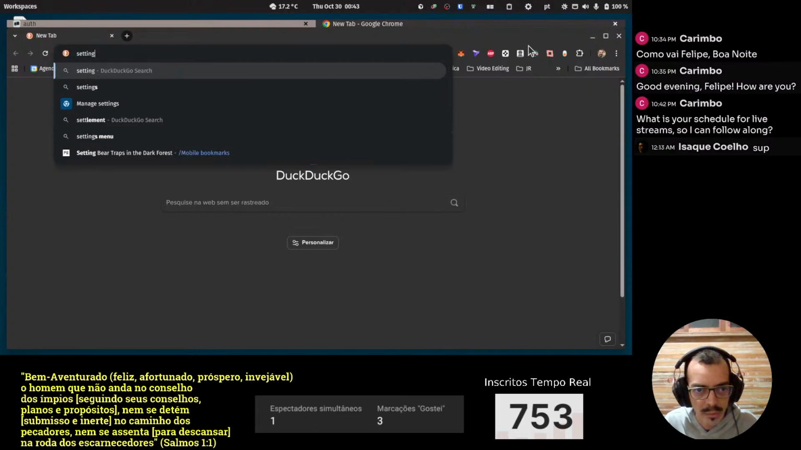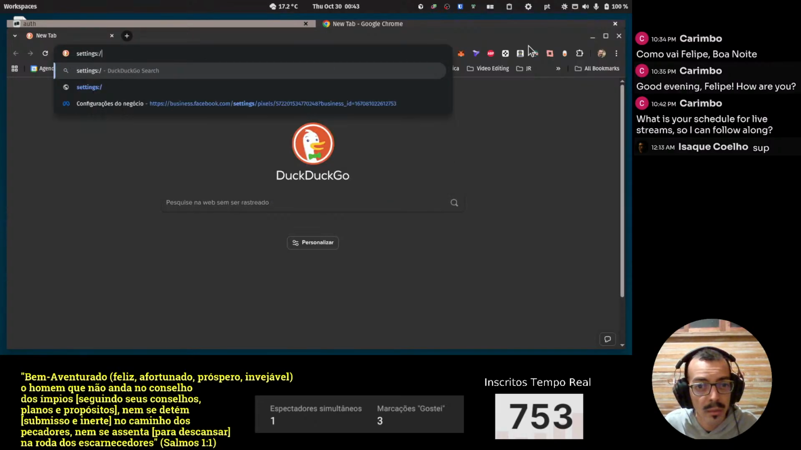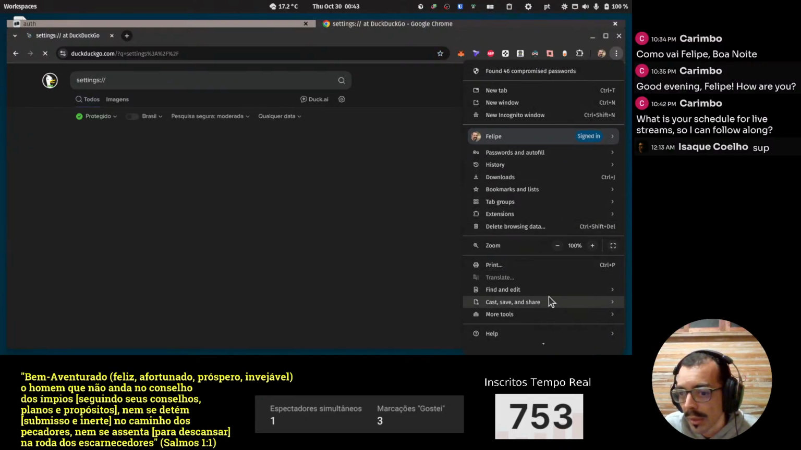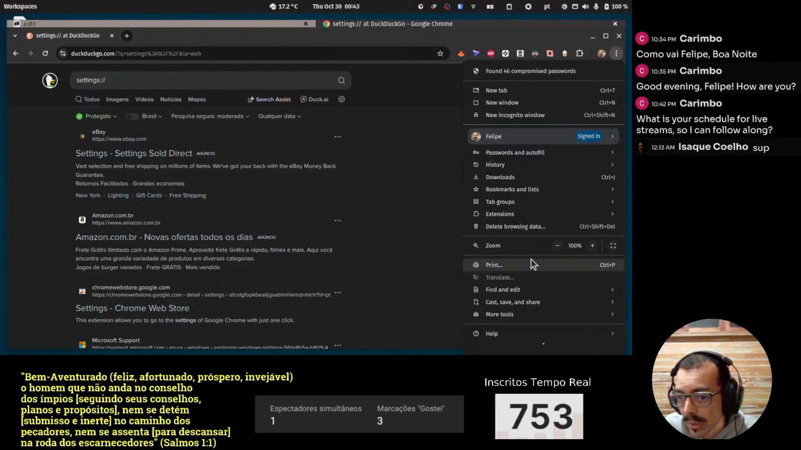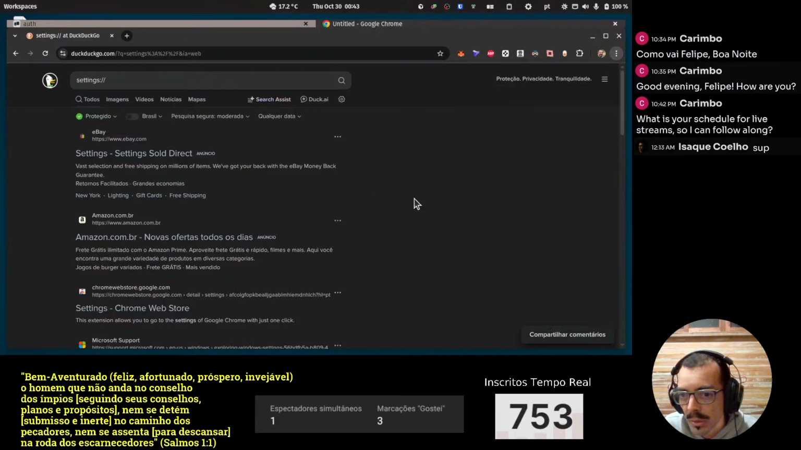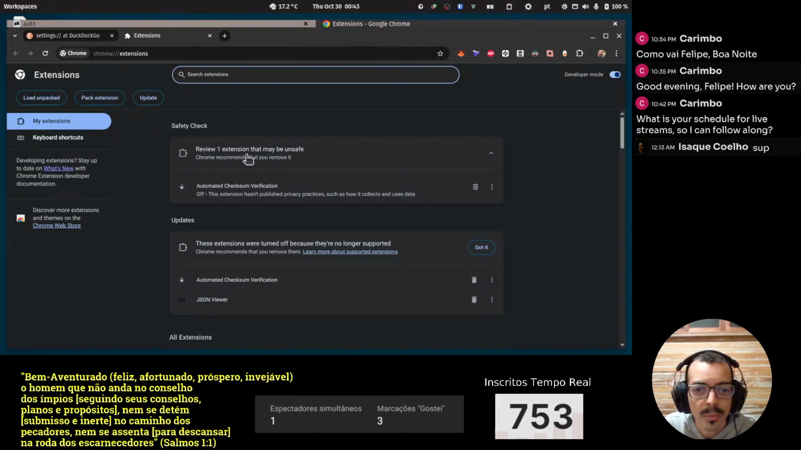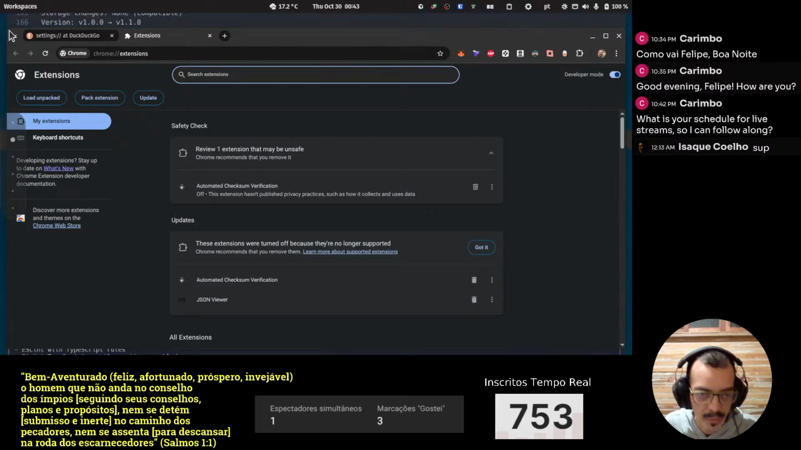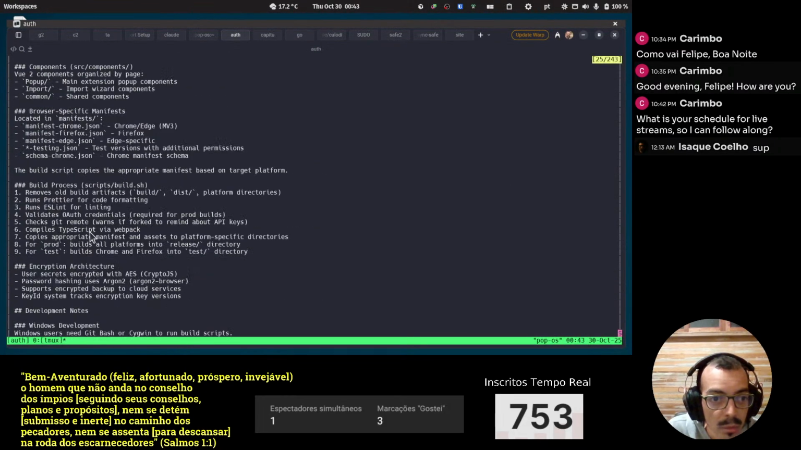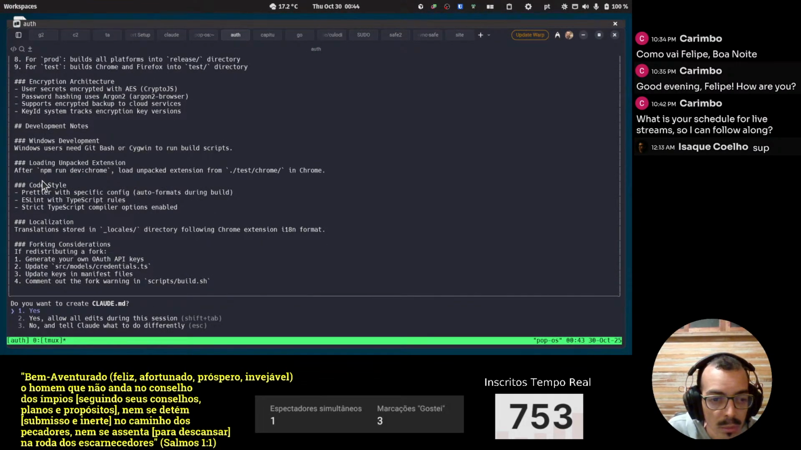Settings. It's not like that. Attention, it's Chrome. Yeah. So we can go load unpacked to install. You need to enable developer mode. I already have it. And here,